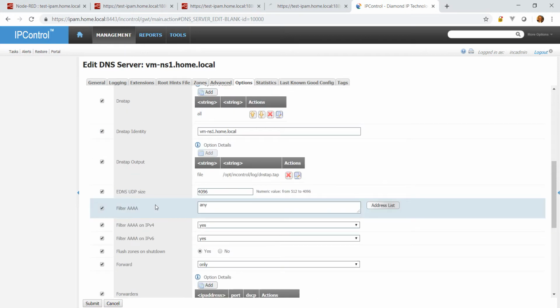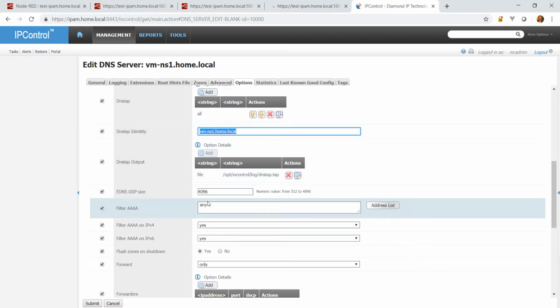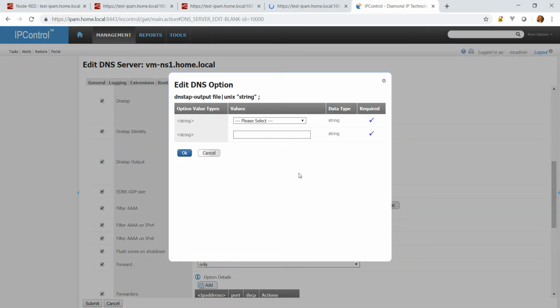And then the DNSTAP also allows you to specify identity, could be a number or a name. And then lastly, where your file is going to be stored, or whether you're going to use a Unix socket. Now, I'm not familiar with the Unix socket yet, so I use a file. And in this file, it's then going to store all of this into a standalone file when I push the